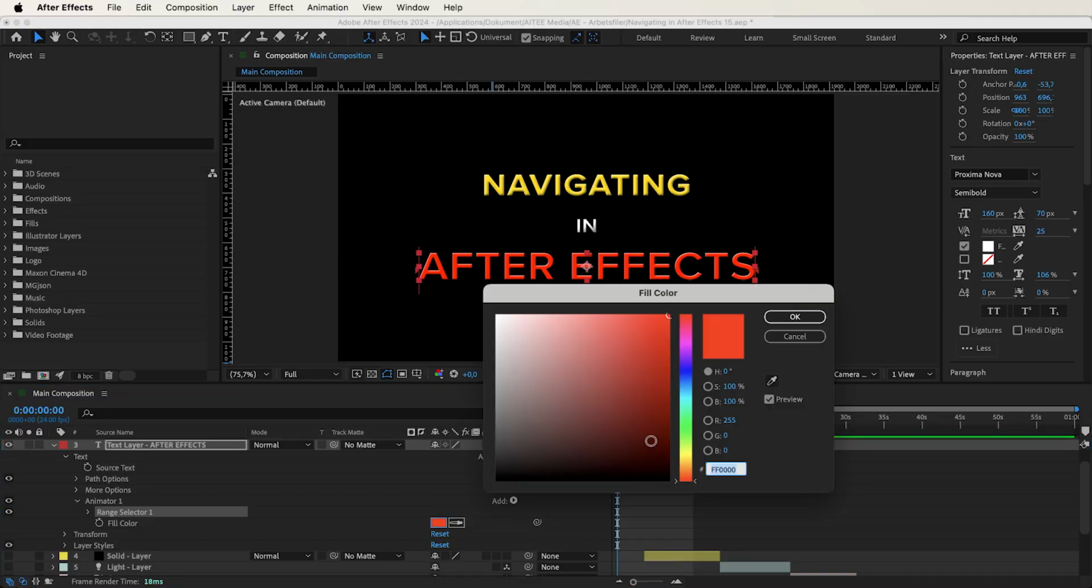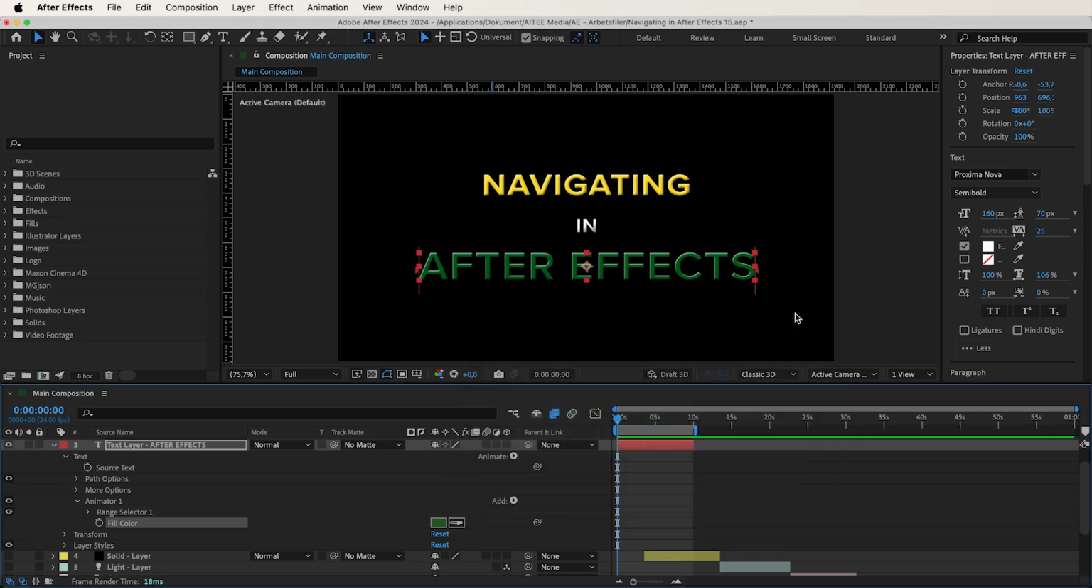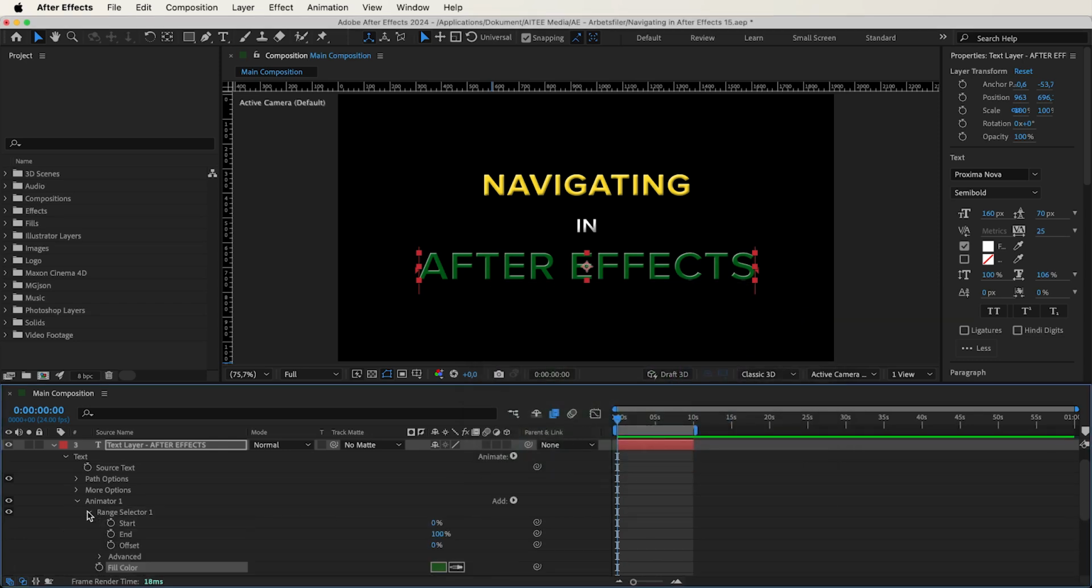Now, there's a new option popping up called Animator 1, where we might choose any fill color of our liking. Then open Range Selector 1, it reveals a few options to animate this property. The start and end can be keyframed to get a gradual color animation on or off. It's now on start 0% and end 100%, meaning that the whole text will be affected by any type of